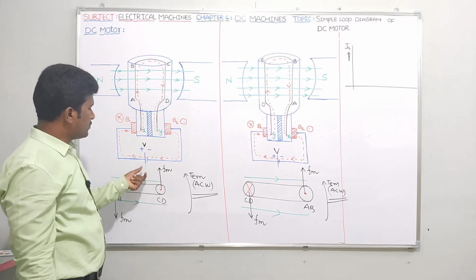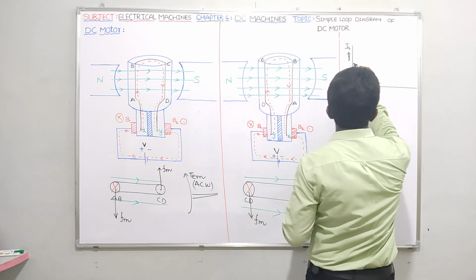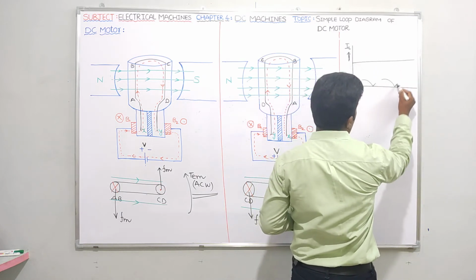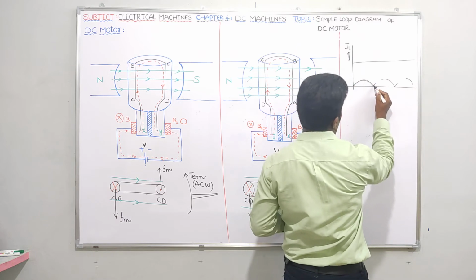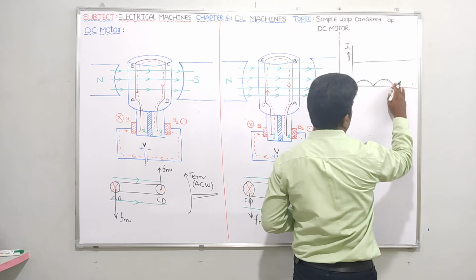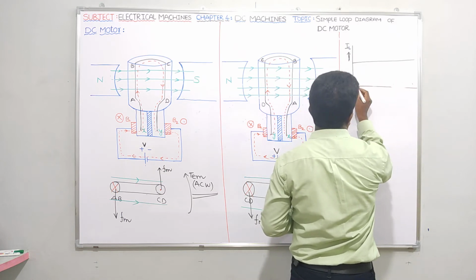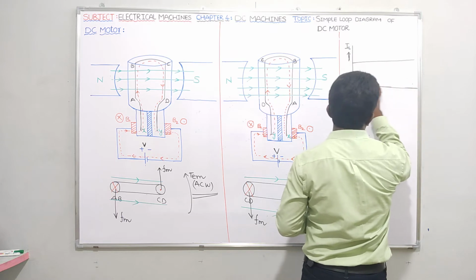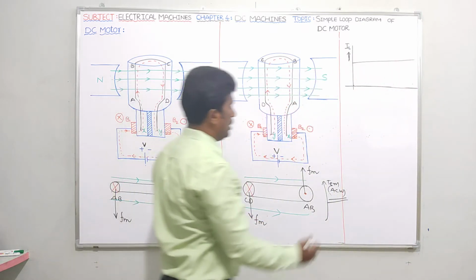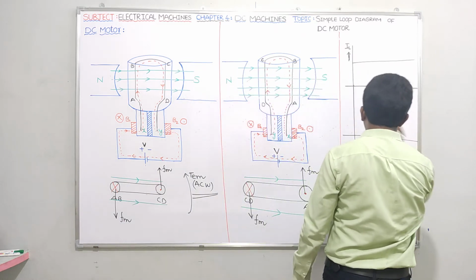Okay, so which type of supply are you giving to a DC motor? DC supply. So if it is a pure DC, it will be like this. Suppose it is pulsating DC, it will be like this. Depending on the availability of the DC supply you are having. Let us assume that in this case a pure DC supply is there. Now tell me guys, initially at AB conductor, how is current flowing?